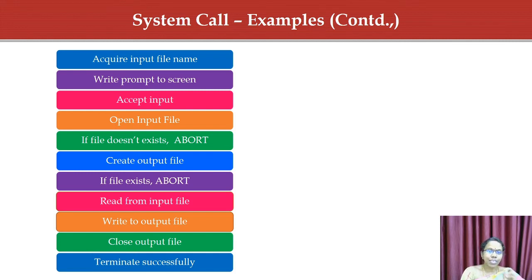Otherwise, if the file exists, we need to create the output file. So when creating the output file, if a file with the same name already exists, we cannot specify that file name, and we cannot use it again. So we again call another system call, abort. We write another set of system calls, that is, if that file name already exists, delete it and create it again as a new file. So once specifying the input file and output file is done,